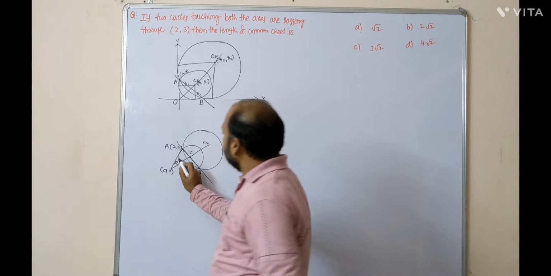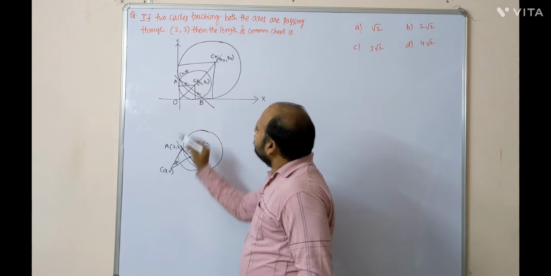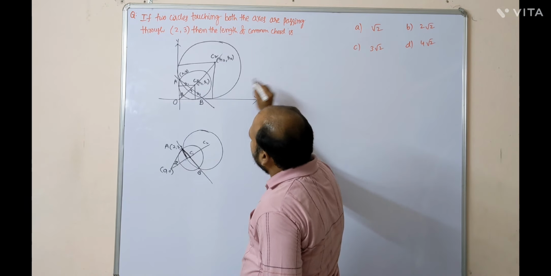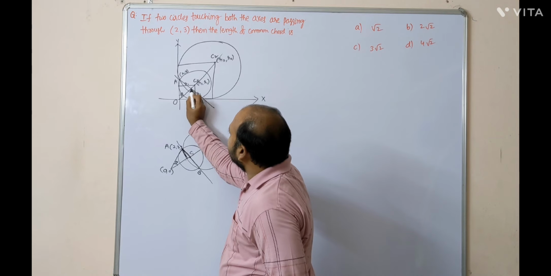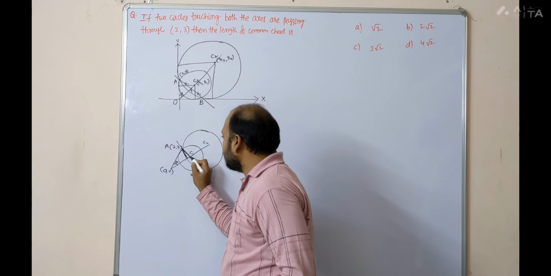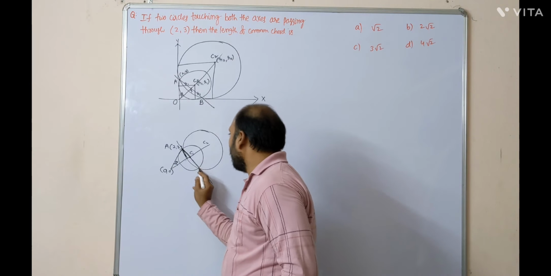From triangle O, here theta. From triangle O, here D you take it. This is the D point. This is the center. Center is here. If you draw like this,